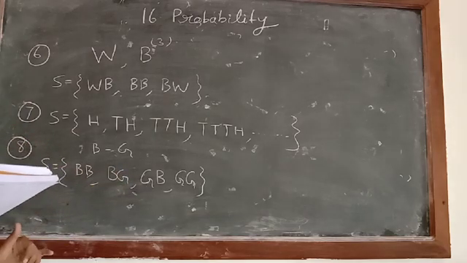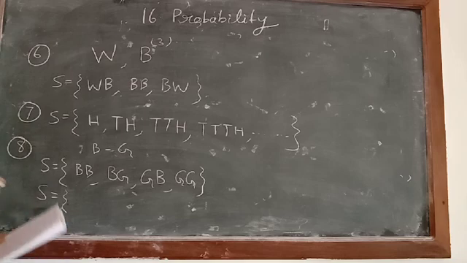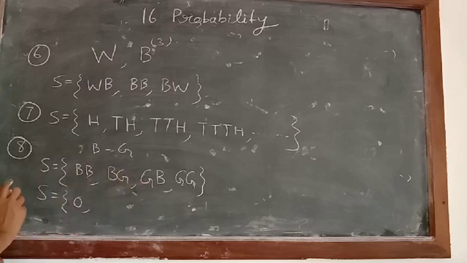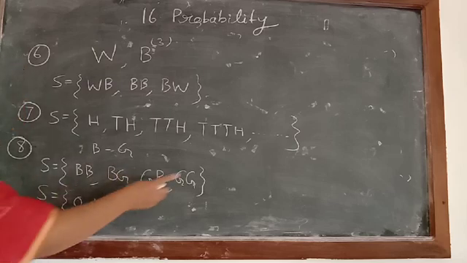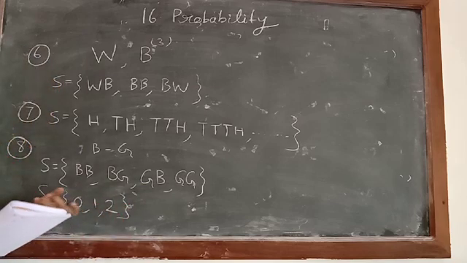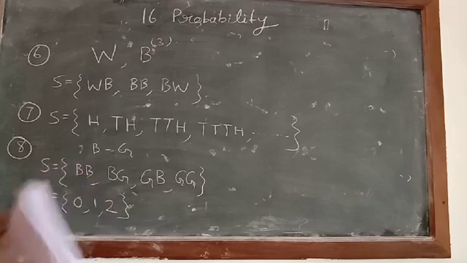And now the second part is written, if we are interested in the number of girls in the family. In the second one we don't want the order there, we just want the number of girls in the family. So if you will check this one, what will be the number of girls? 0. If you will check any of this family, then number of girls will be equal to 1, or number of girls can be equal to 2. So this will be the maximum possible outcomes there. So this will be the sample space for the given experiment. Clear? Okay. Now the next question.